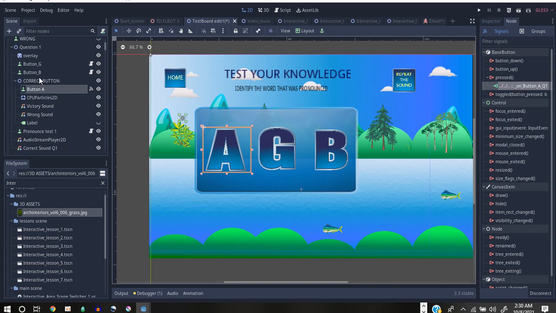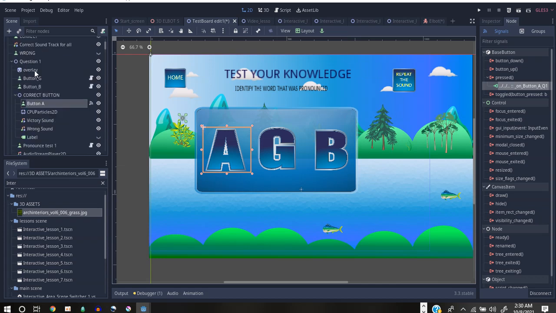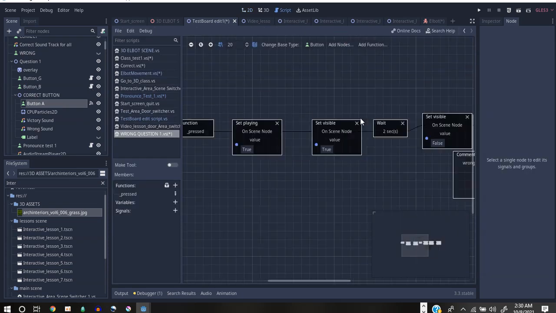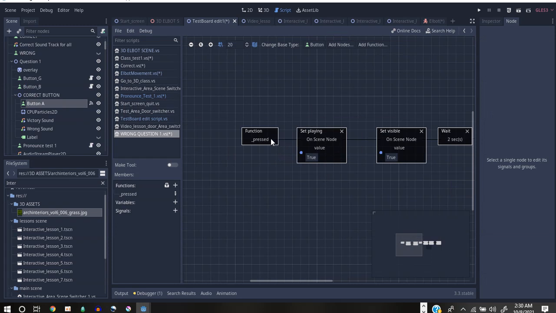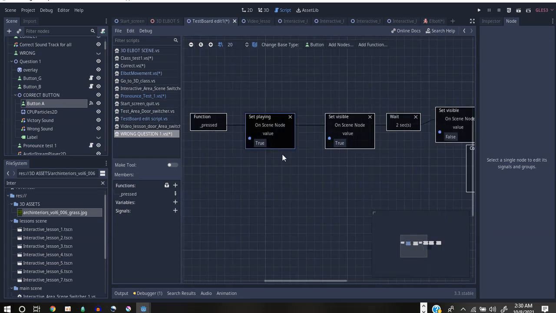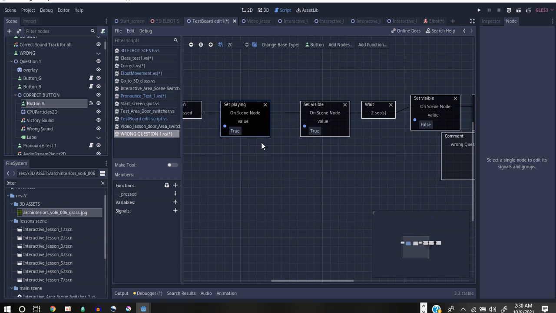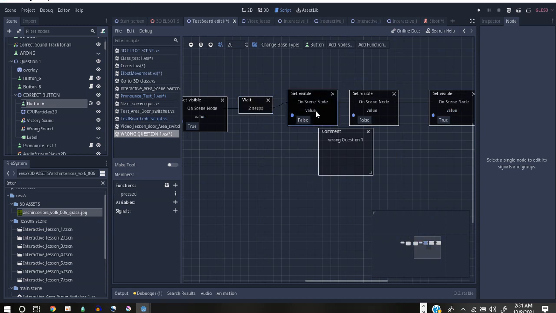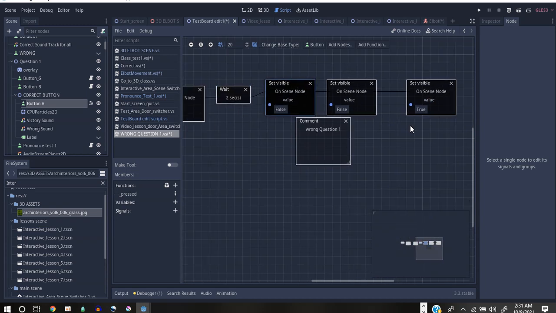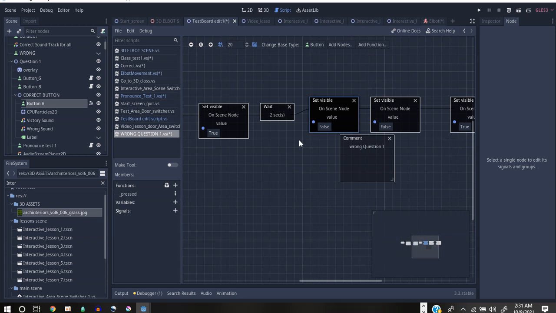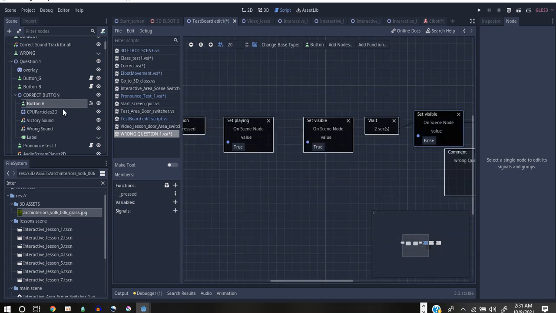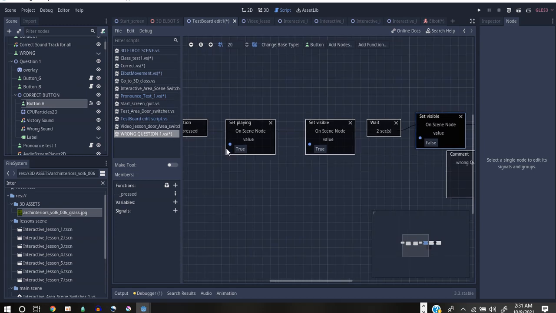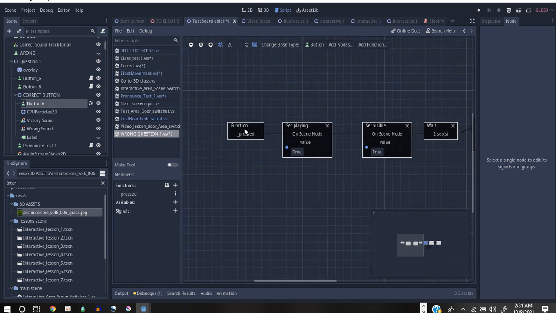This is a bit much of the most complicated part of it. Now actually I had to do a lot of coding here, but let me show you something here. If I click on this, so I have what I was trying to do here. When the button is pressed, it should set the playing and set this visible, wait for 2 seconds, and then set another scene, set visible. This is a scene that we'll actually have here. This is for the right answer. Okay, this is a button for the right answer, because I had to actually code each of the right answers differently. So if you look at here now, when the button is pressed,